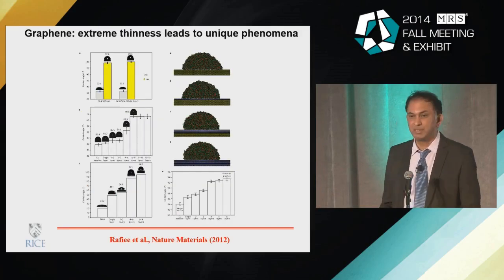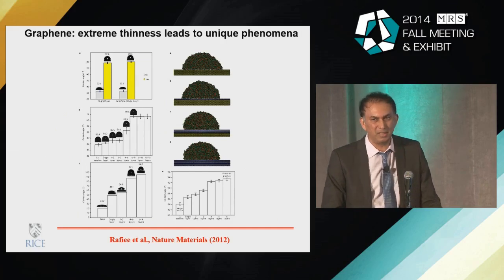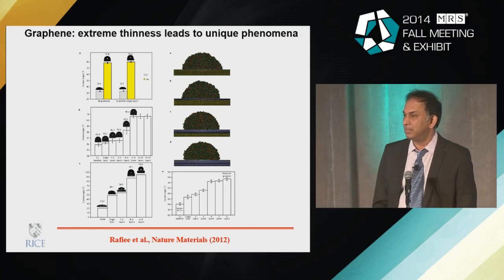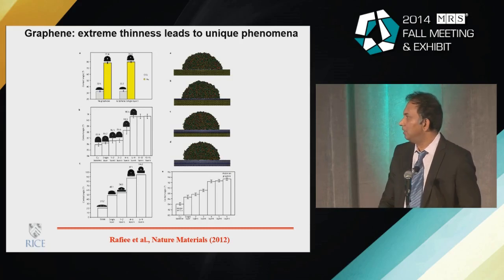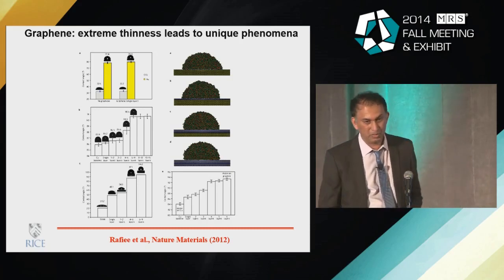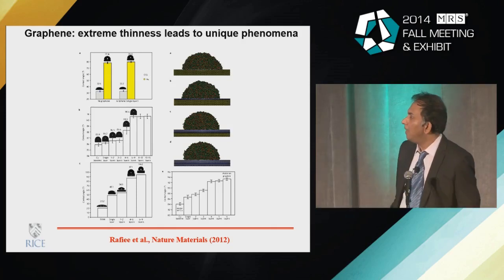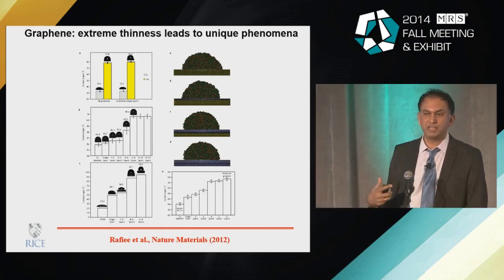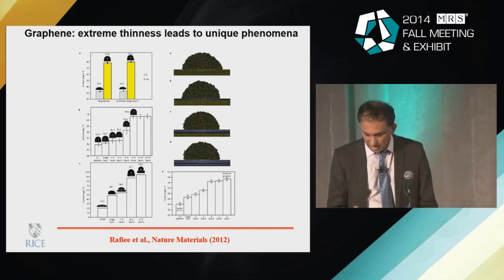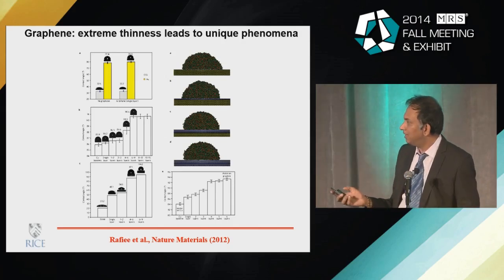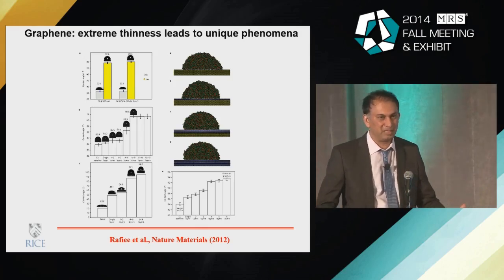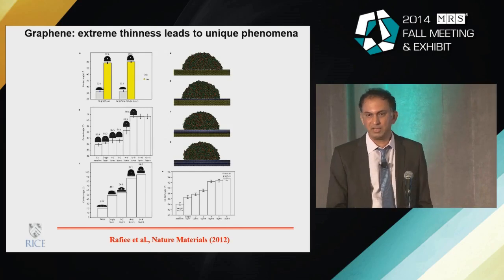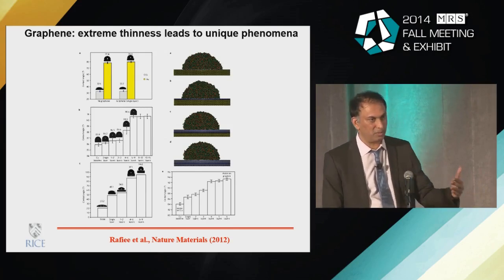Or, this extreme thinness manifests itself in various other phenomena, which are not very intuitive. I've already mentioned, and many of you are aware, that graphene is extremely transparent optically. For a wide range of wavelengths, it is quite transparent. Only about 2% or so of light is absorbed. But it seems to be also transparent to certain other phenomena that are quite fascinating. For example, if you put a layer of graphene or 2D materials on a substrate, that substrate still retains the same wetting characteristics if you're dealing with some interface with a solvent.